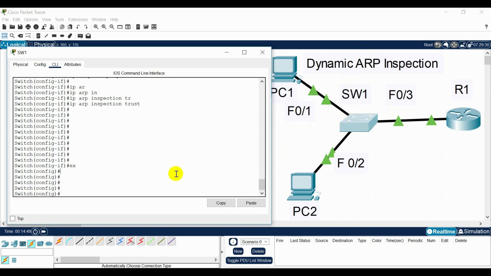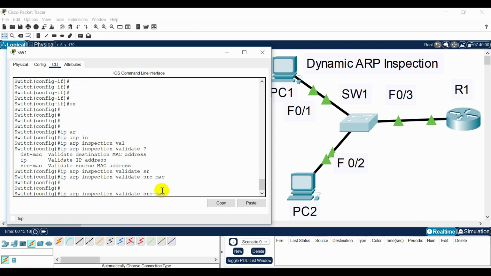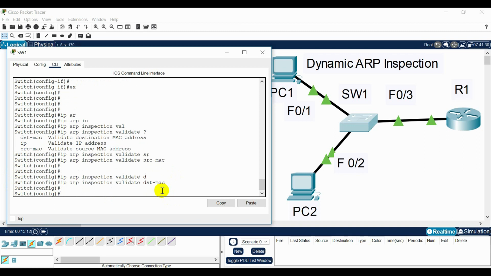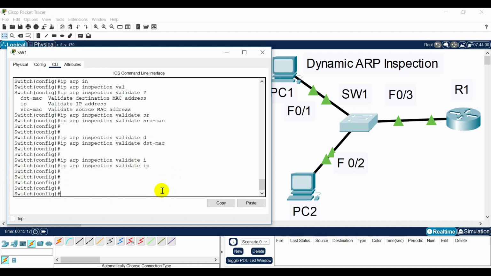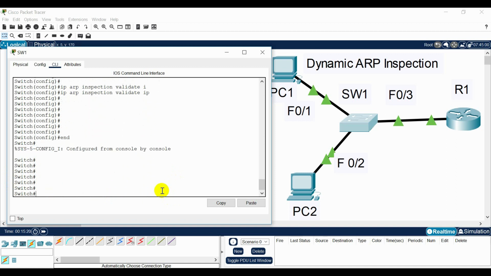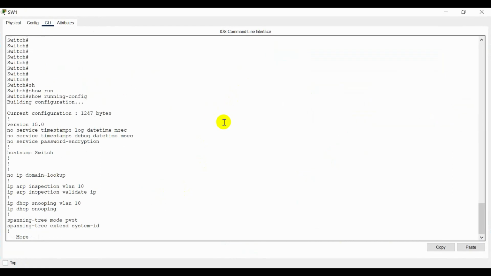DAI can also be configured to check both destination and source MAC and IP addresses with the ip arp inspection validate command: ip arp inspection validate src-mac, ip arp inspection validate dst-mac, and ip arp inspection validate ip. Use show running-config | include validate to check the configuration.